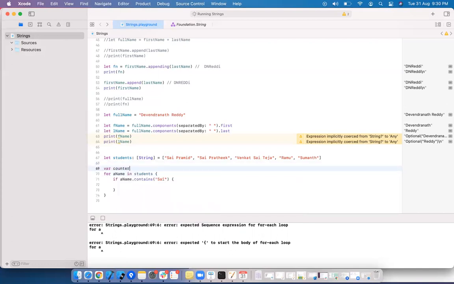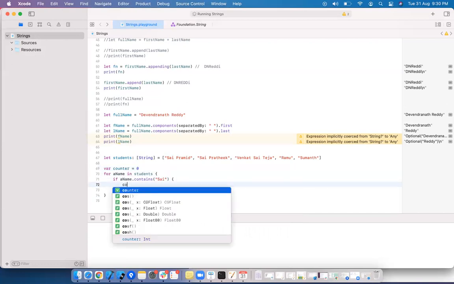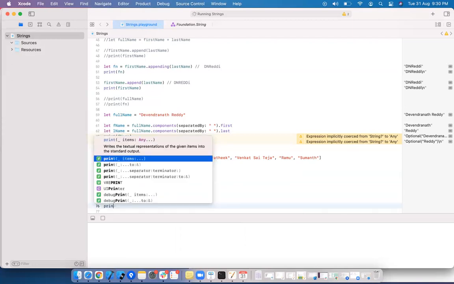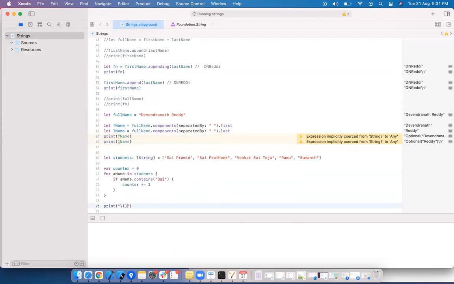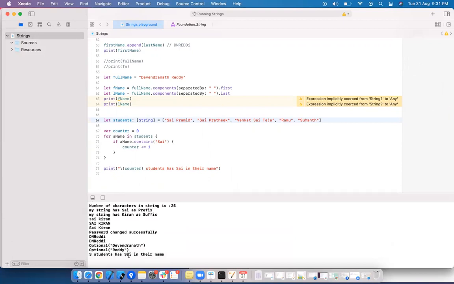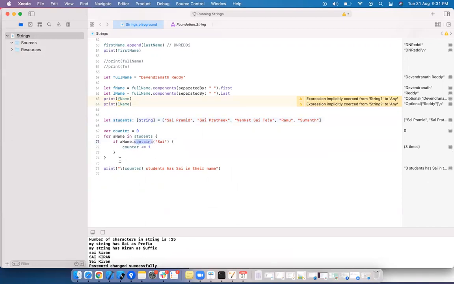Counter equals 0, counter plus equals 1, and print the counter. Out of 5 students, 3 students have Sai in their name. This is how you use contains.